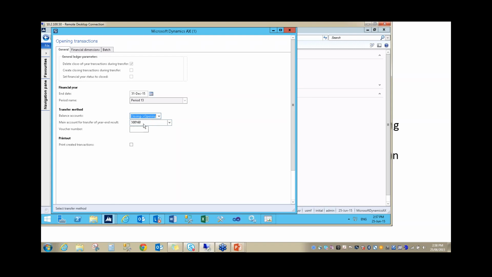The main account for transfer, the year-end result, that's your retained earnings account. And here's that voucher number. So I can actually call this, it can be alphanumeric, and it doesn't increment because you only have one voucher for your year-end close. So this will be the name for the whole entry. So I could say FY2015 year-end, so that when I'm looking at those entries, I know exactly what they are. And then your last option is, do you want to print the report, which I do recommend that you do. So you're going to print off, and that will show you obviously the profit and loss movement to retained earnings